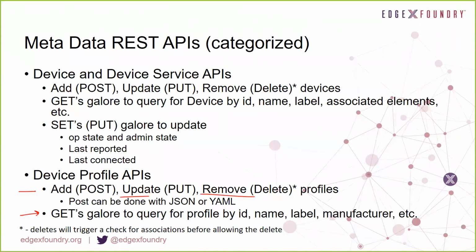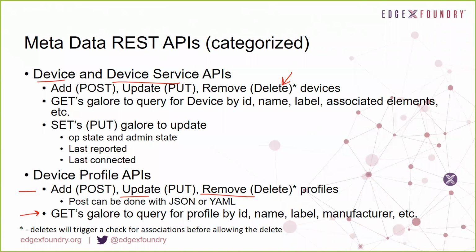In a similar fashion, other controllers help to manage devices. Another controller helps to manage a device service. Each controller helps to manage that particular thing that metadata knows about. Now, there are some rules built into these controllers to help manage the data that's in the metadata database. For example, if you try to delete a device profile or device service that has an associated device, it's going to make sure that it stops you and says, well, wait a minute, there's a bit of a problem here. We have an association between a device profile and a device. I can't let you delete the device profile until you first delete the device.